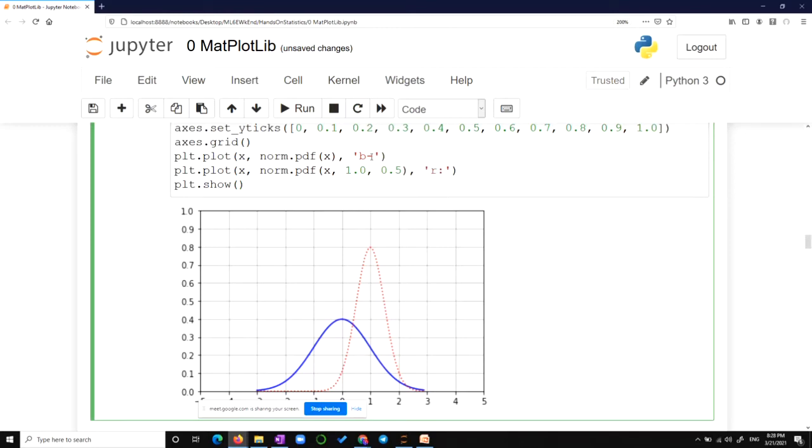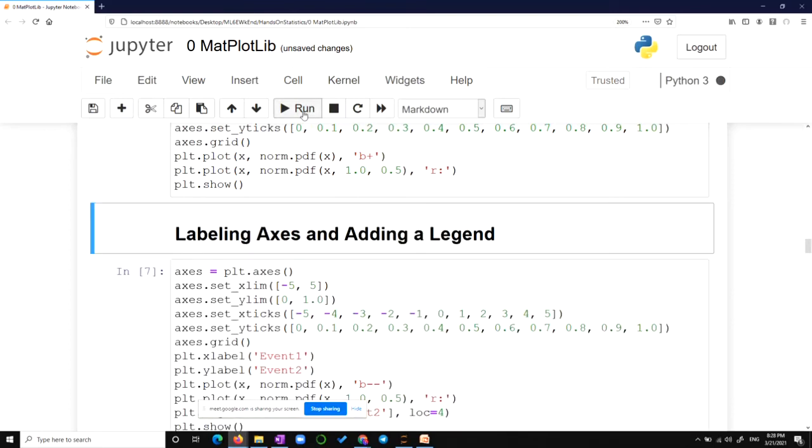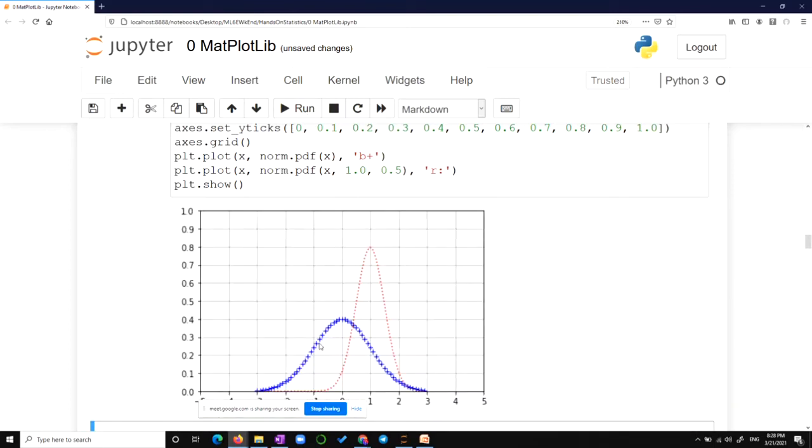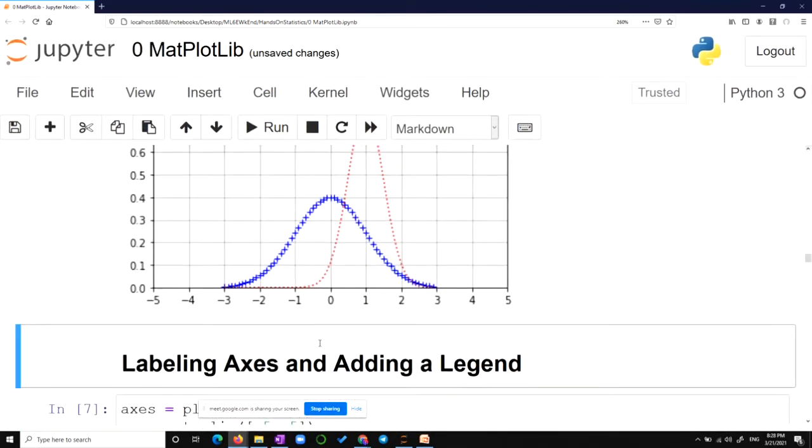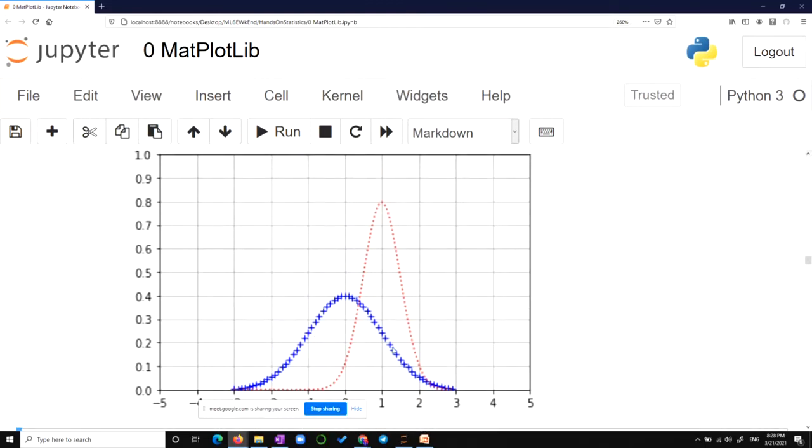If I want to change it, let's say I want to make it plus. I don't know. Let me check if it can happen. I want plus plus plus marks here. This blue thing, instead of just a blue line, I want this entire thing to contain plus symbols. So let me see. See, now it is containing the plus symbols, right?